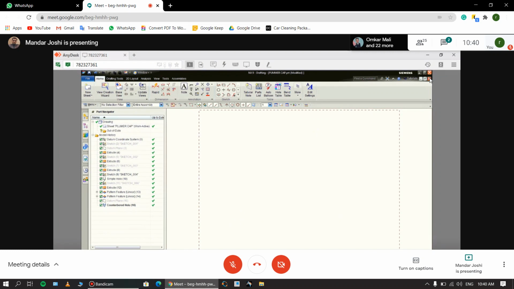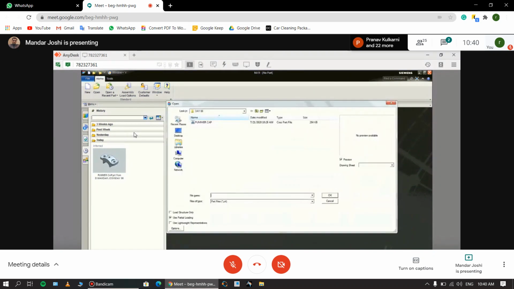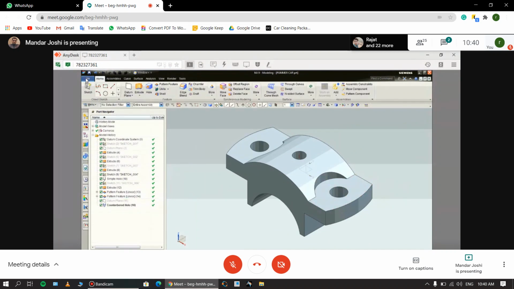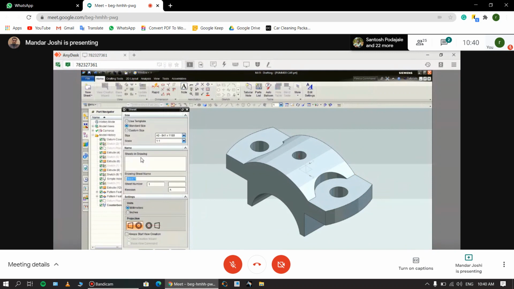I close everything. Go to this model. Open this component. Okay. Then go to File, then here take Drafting. In the drafting, you will get these sheets. So here you give the name of the drafting, plumber cap,